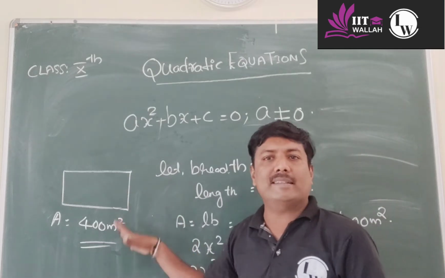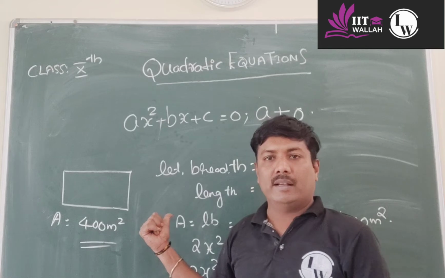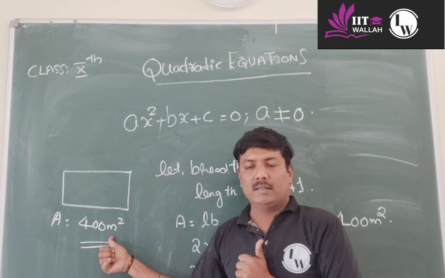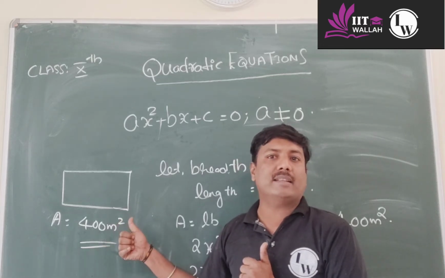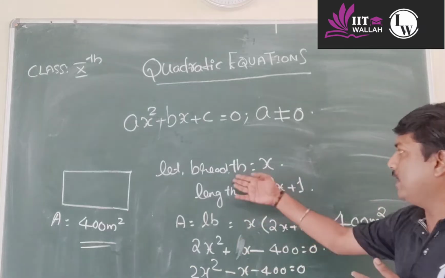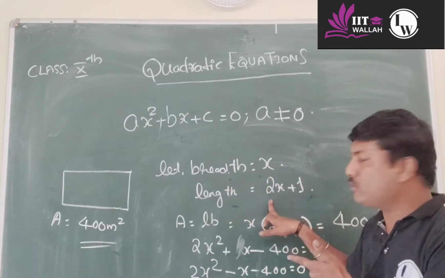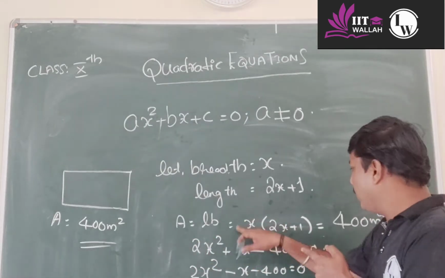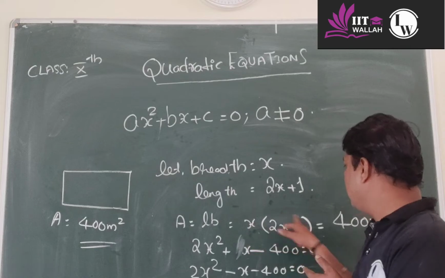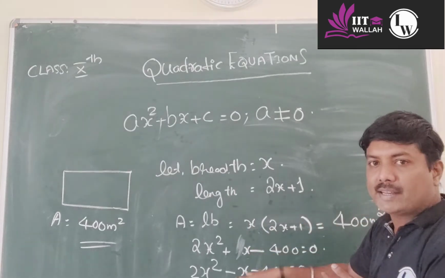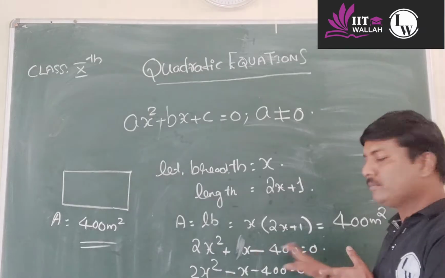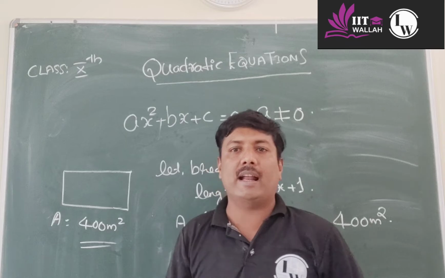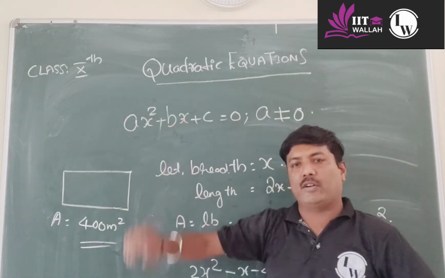Okay? To make you understand the basics, I discussed this thing. Okay? Here what did I do? Here we need to make a football ground of 400 meters square whose length is 1 meter more than twice its breadth. So let the breadth be x, then length is 1 meter more than twice. Then the area is length into breadth, that is given as 400. So if you multiply, 2x square plus x, and 400 you write on the LHS, minus 400 equal to 0. So this is the quadratic equation. This is how we deal with real life problems with the help of quadratic equations.